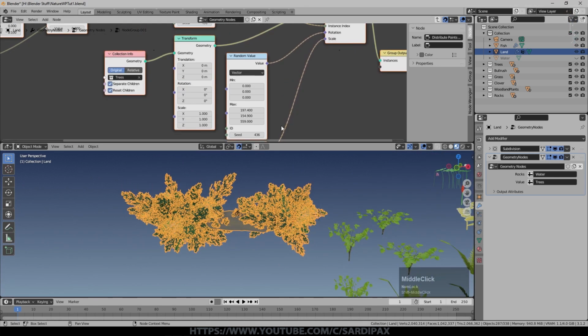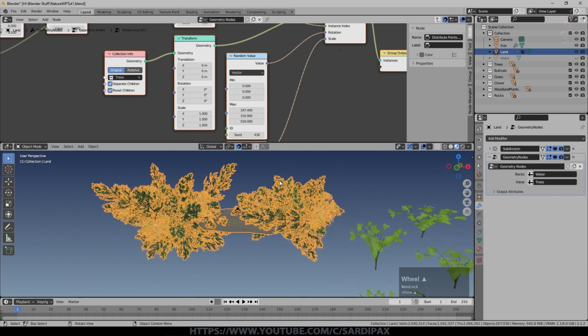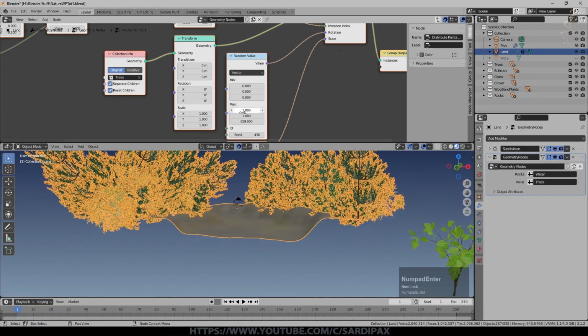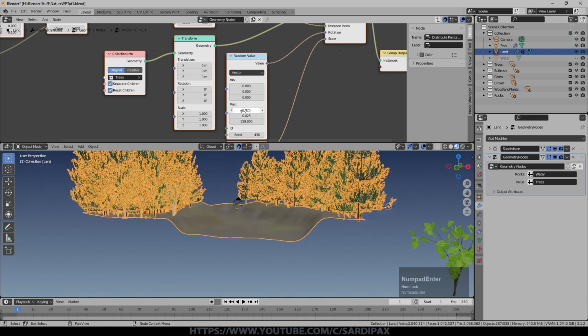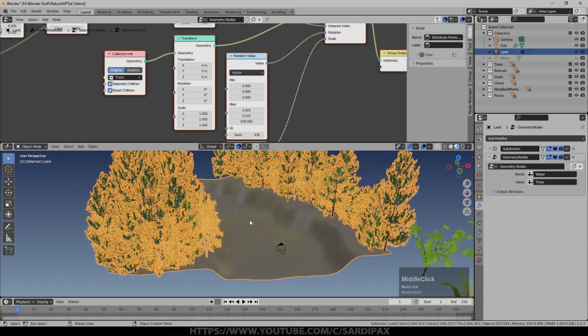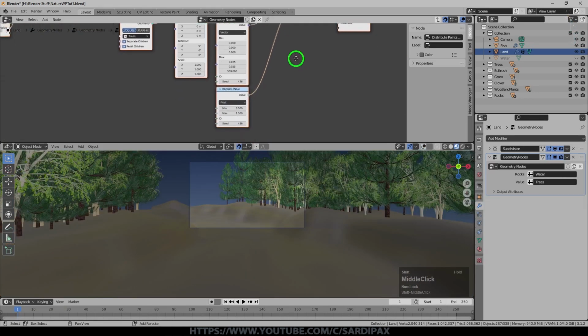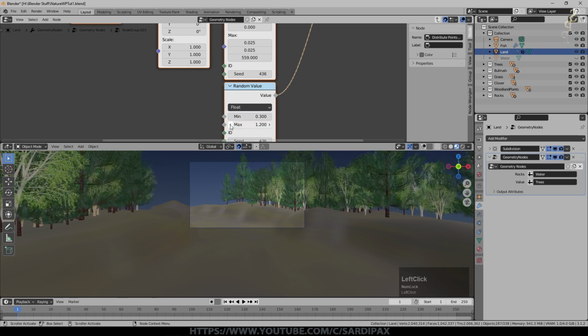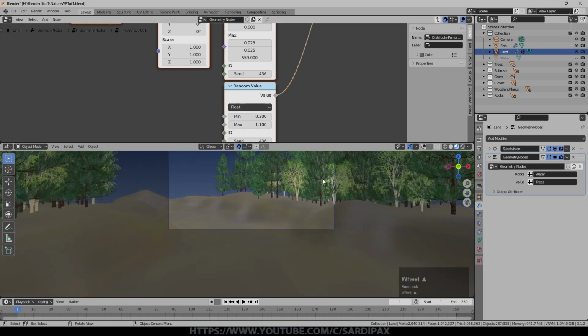So let's address the rotation first of all while it's easy to see. Essentially, this rotation value needs to be 0 or close to 0. So let's just put 1 in there at the moment. That's still too much really. So 0.025 maybe. And there you can see our trees are essentially upright now, but possibly a little large. So we can come down to here. The smallest may be a bit too small, hard to say at the moment, but certainly the largest is too large. So we'll bring the size down a bit there, somewhere around there.